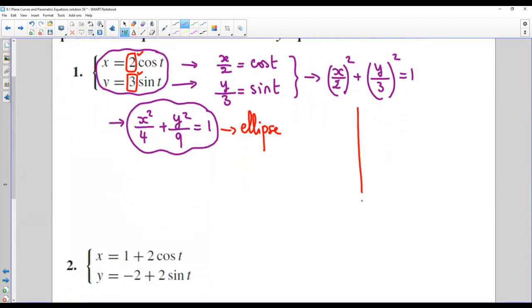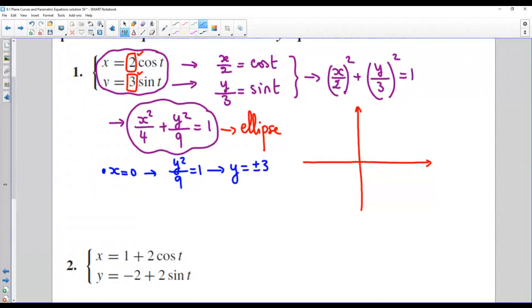And of course, you want to graph this ellipse. It's centered at (0, 0). You can see what happens on the axis. For example, when x is 0, you will get y squared over 9 equal to 1, which means y is plus or minus 3. So that means our ellipse goes through these 2 points, -3 and 3. When y is 0 and you substitute in the equation, you will see that you will get x squared over 4 is 1. That means x is,